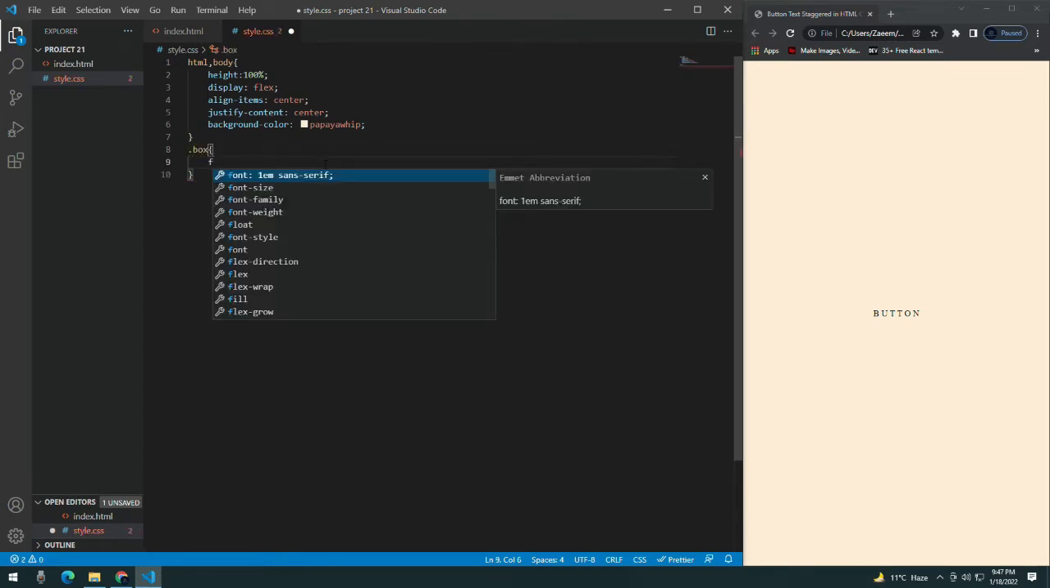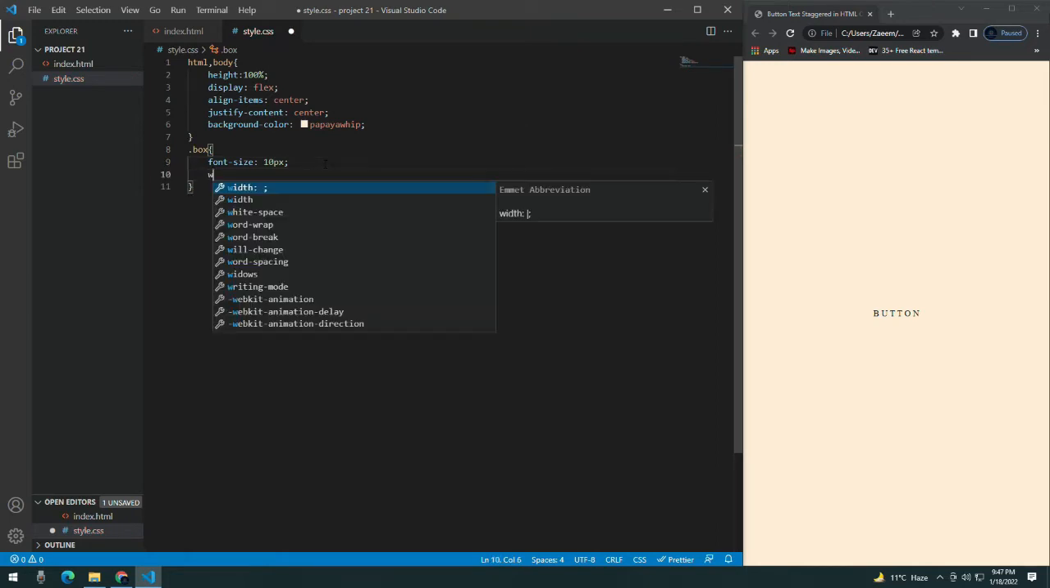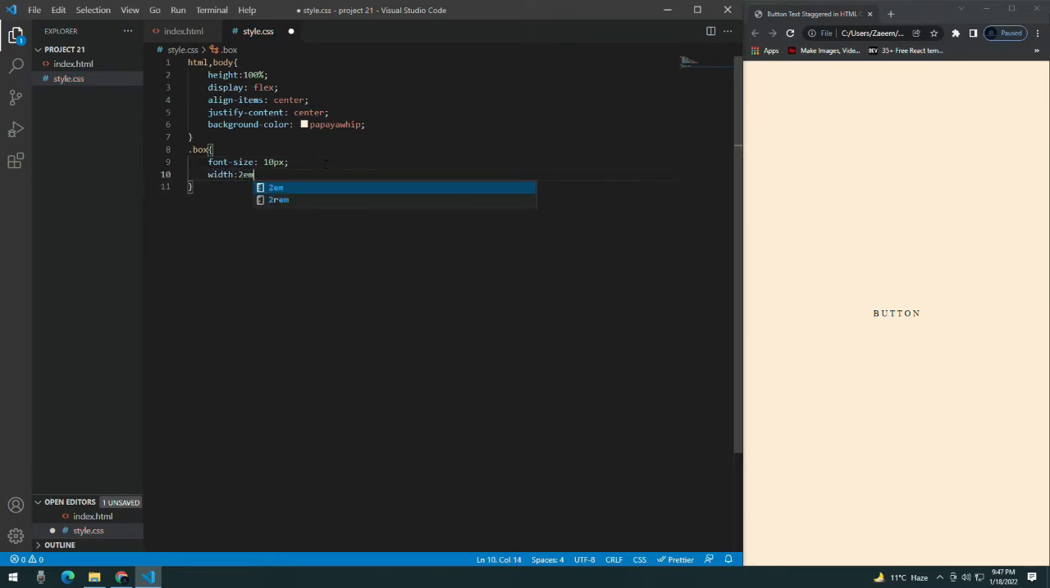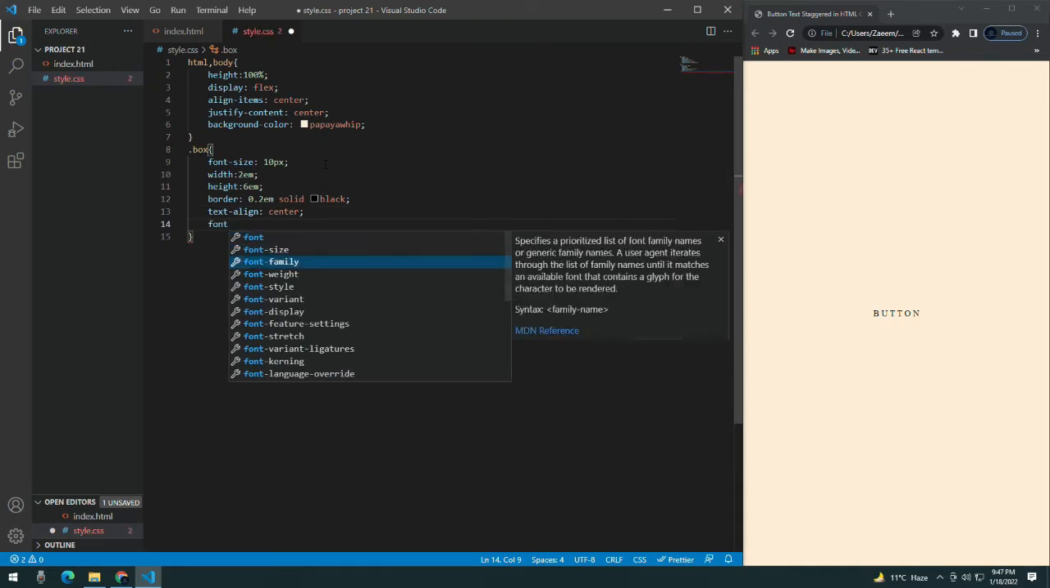Now let's take the class of box and give it a font size of 10 pixels. Give it a width of 2em. Give it a height of 6em. Give it a border of 0.2em solid, and then I will give it a color of black. Okay, now give it a text-align of center so that the text should be in the center,